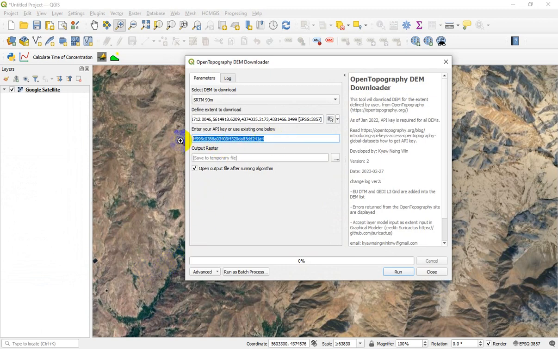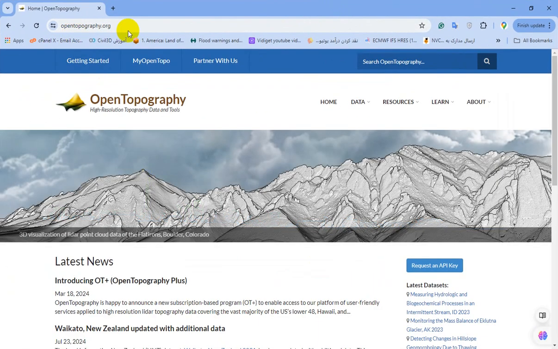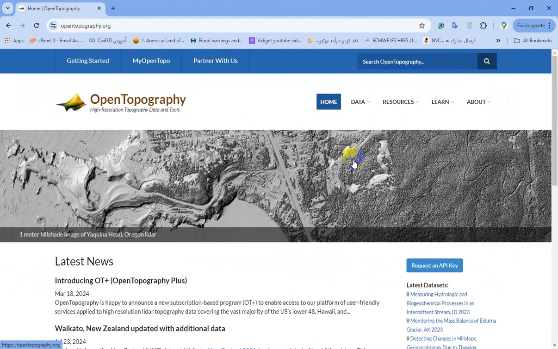And in order to access the Open Topography website, you need to enter an API key to use these datasets. For this issue, go to the opentopography.org website, and on the first page, I mean the home section, click on request an API key.